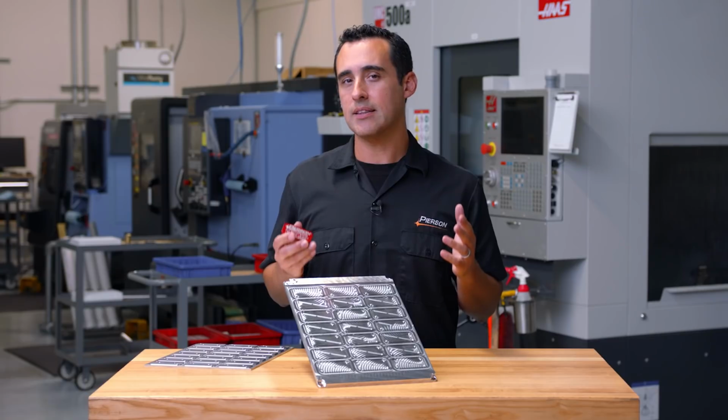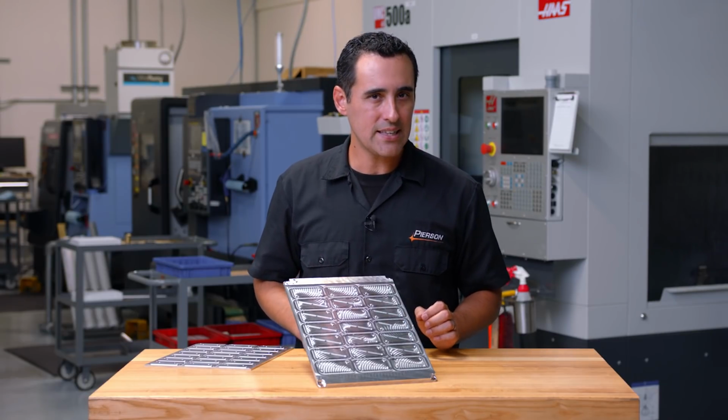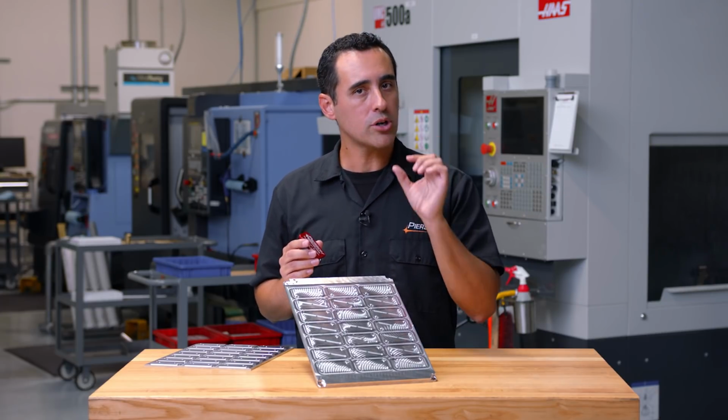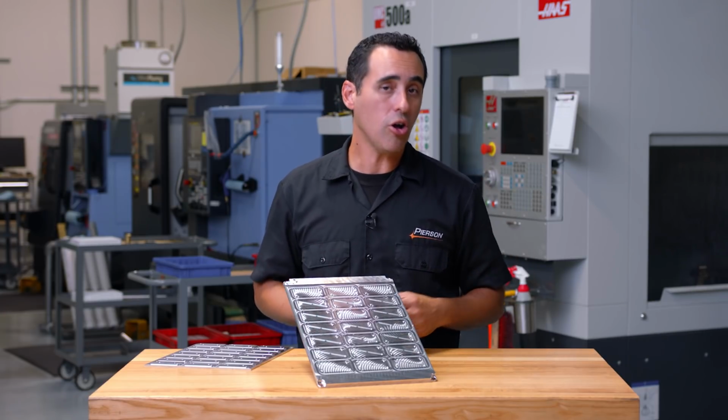Now, because this part is on the smaller side, we use our 1/16 diameter gasket to maximize the surface area exposed to the vacuum. Remember, more surface area means higher holding force. Now, you'll also notice